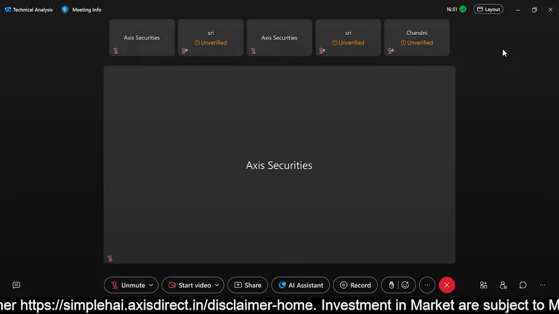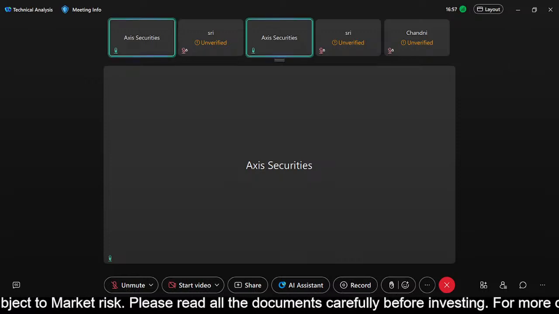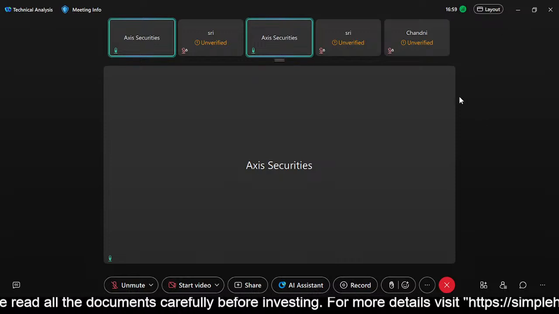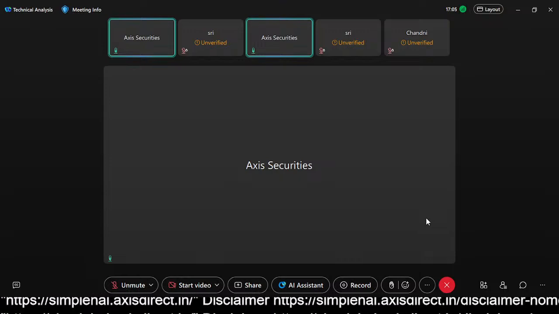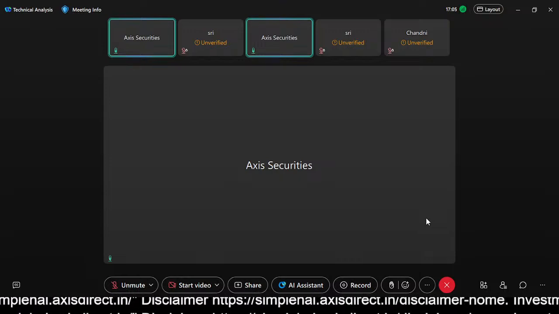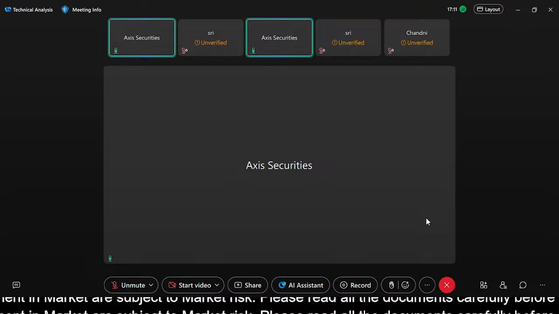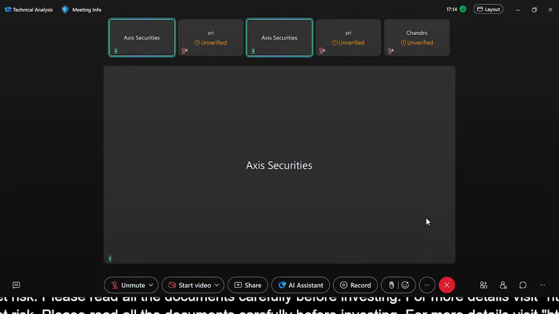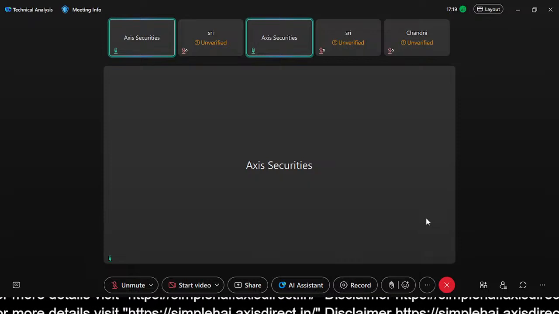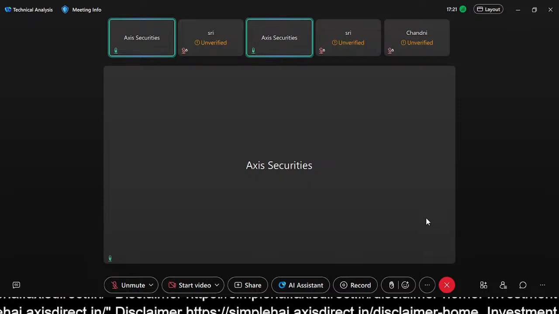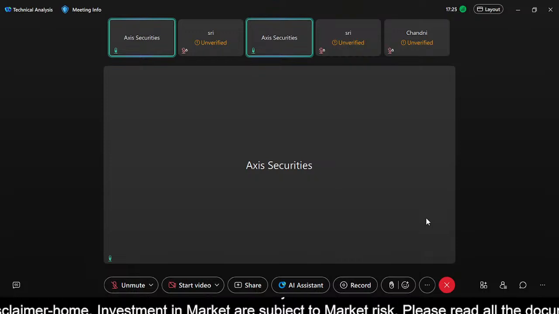Concept of the day, as you might have seen, this month since the start of December we have been sharing something on technical analysis every day. How will this concept of the day be helpful to you? This is for absolute beginners who are completely new to the markets, and we started with charts. As you might know, charts are the basic foundation of technicals. So let me just share the screen.